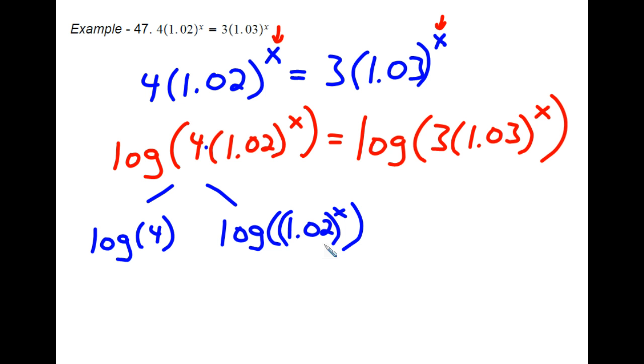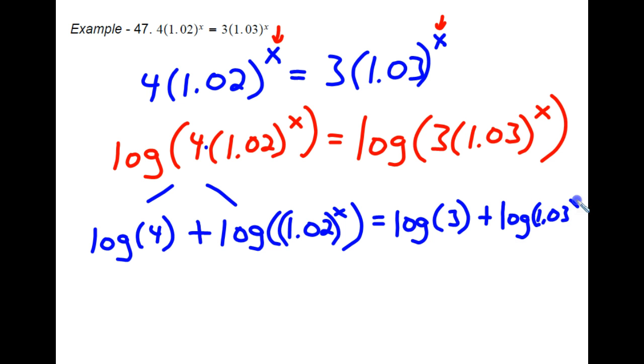And what do I do with these logarithms? Because I'm multiplying up here, I will add the logarithms together. And we do the same thing on the right-hand side. The 3 gets to be in its own logarithm, and the 1.03 to the x power gets to have its own logarithm. I'm not going to use parentheses there because I need the space. The only reason the parentheses are necessary up here is because there's a 3 in front of it, but once the 3 is out of the way, I don't really need